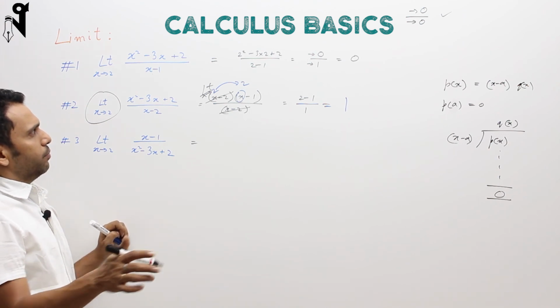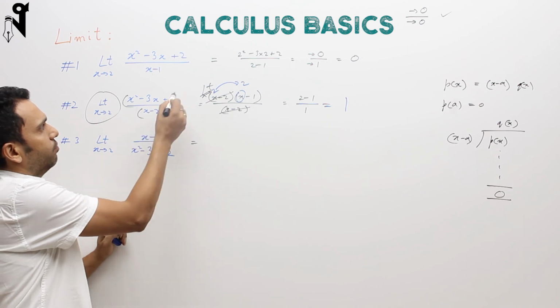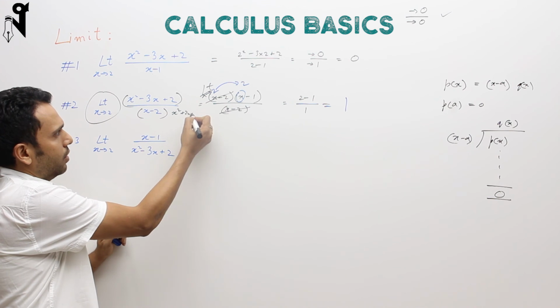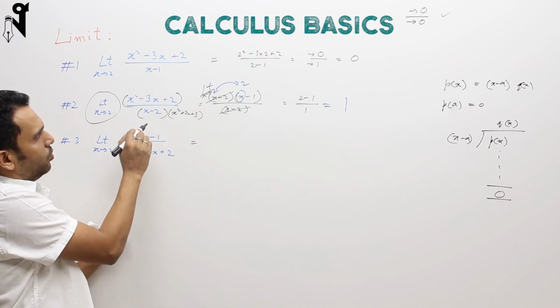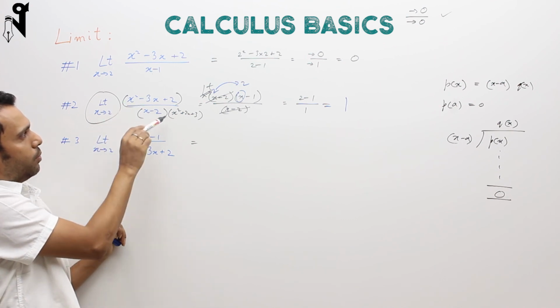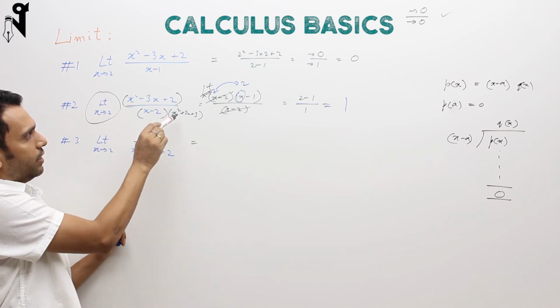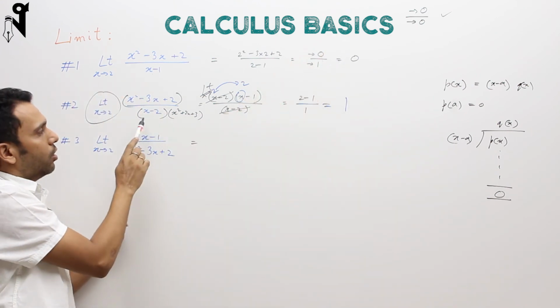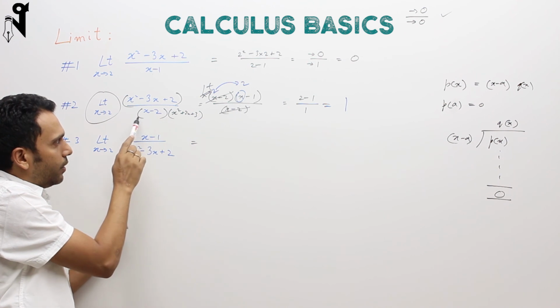So just to give you a glimpse, had this expression been at the bottom, I'll just multiply with something, x square plus 2x plus 3. Now this expression is still tending to 0 at the bottom because this is tending to 0, 0 into something is 0, and the top one is also 0, so it's a 0 by 0 kind, and they are not going to give you all this in a boxed up way like this,